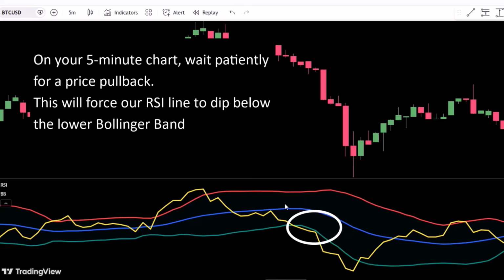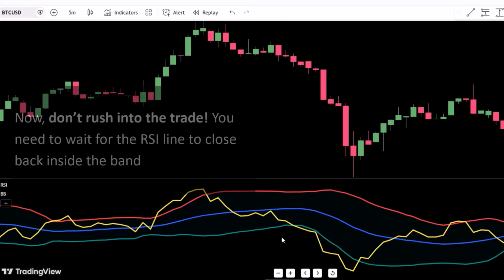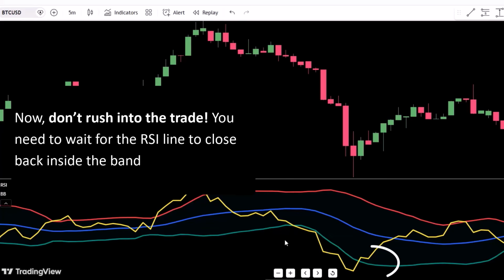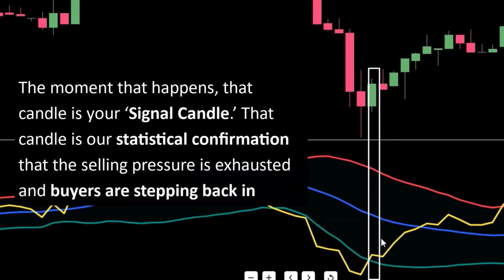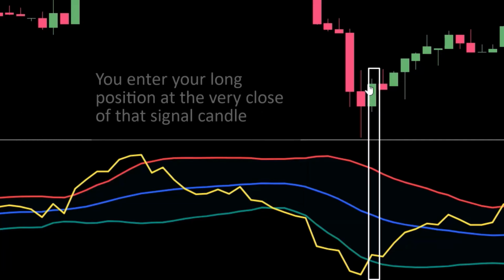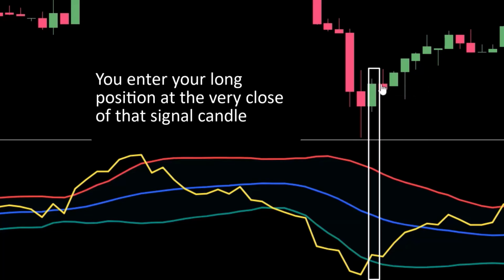This will force our RSI line to dip below the lower Bollinger Band. Now, don't rush into the trade. You need to wait for the RSI line to close back inside the band. The moment that happens, that candle is your signal candle. That candle is our statistical confirmation that the selling pressure is exhausted and buyers are stepping back in. You enter your long position at the very close of that signal